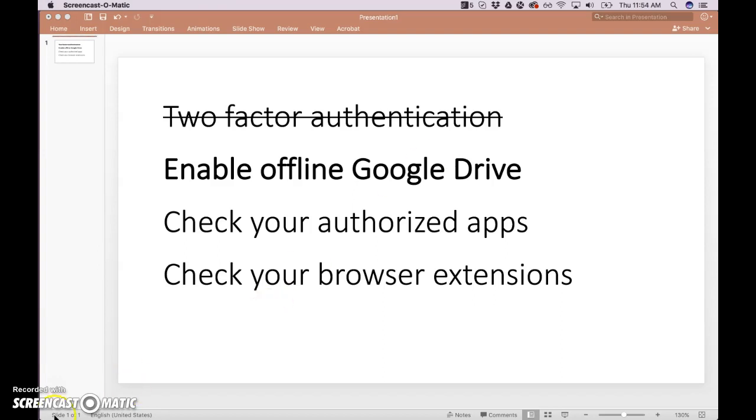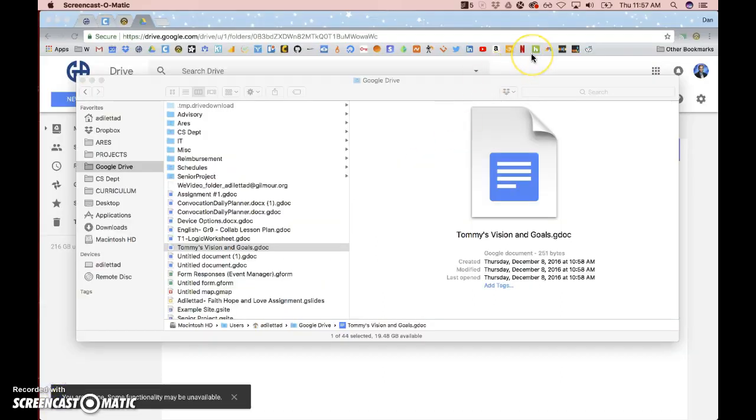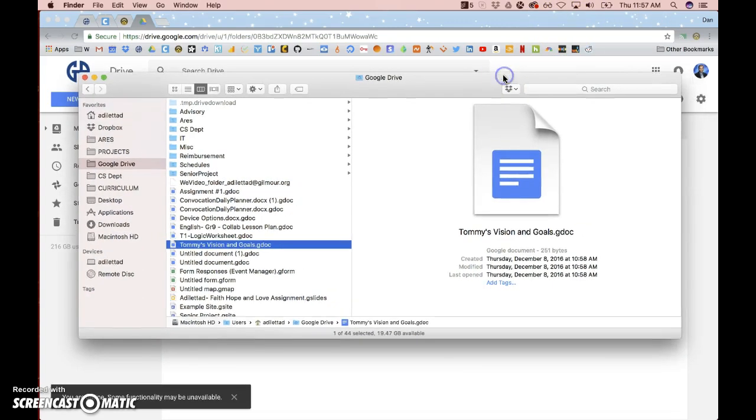But then if you ever sit down on a new computer or new device, you will have to have your cell phone handy. Now, this next trick is about offline accessibility to your Google Drive. Let's say that you have no internet access, or there's something wrong with Google Drive, that it's down, or for some reason you can't get to